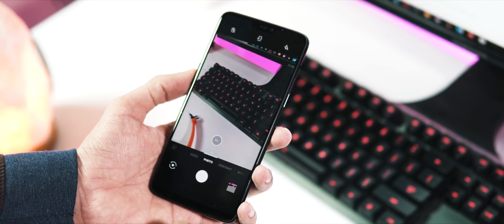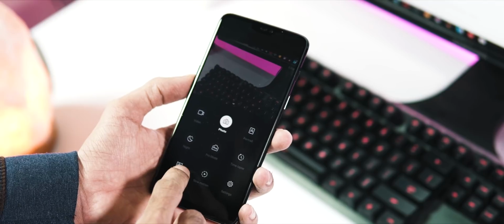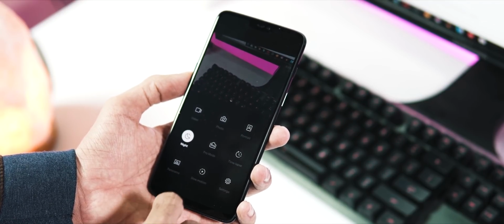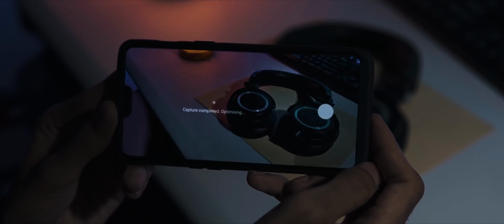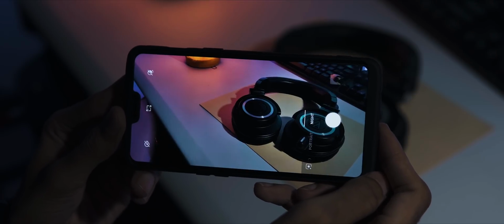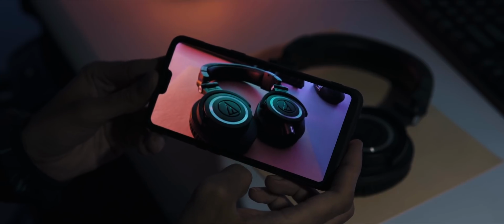Next, the camera app version has been updated to 2.10.8 and it's the latest version even if you compare it to the Open Beta 6 build. Now it features the 60s Nightscape mode which you can find right next to the portrait mode, and whenever you hit the capture button with night mode on, I think the camera app takes multiple pictures, optimizes them to get better output. While the camera app is capturing, make sure you keep the phone steady or else you will end